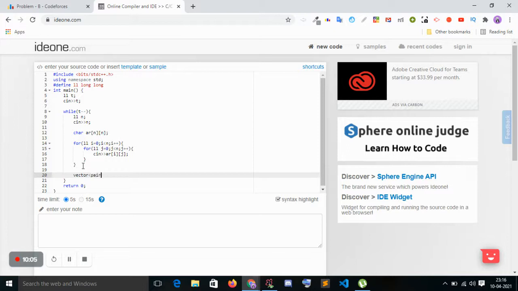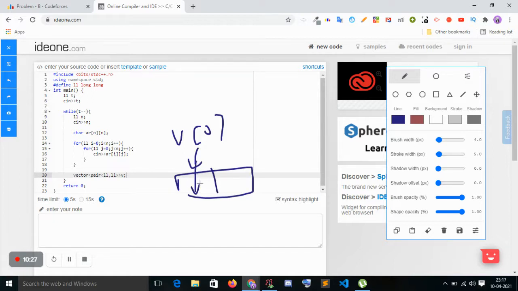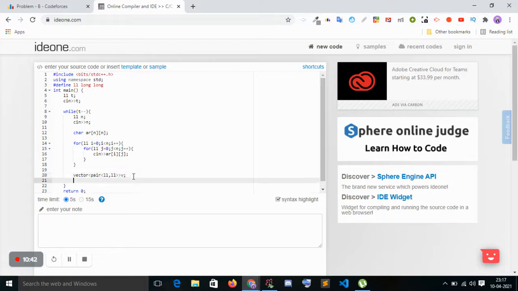For storing, do you know how to use pair? If you know, it will be very easy because a vector works the same as an array, but it is much more efficient. Now for each index like v0, it contains two elements in a pair. So this is called v0 dot first, and this point is called v0 dot second. That's why I'm using it, because I have to store the two marks' i, j.